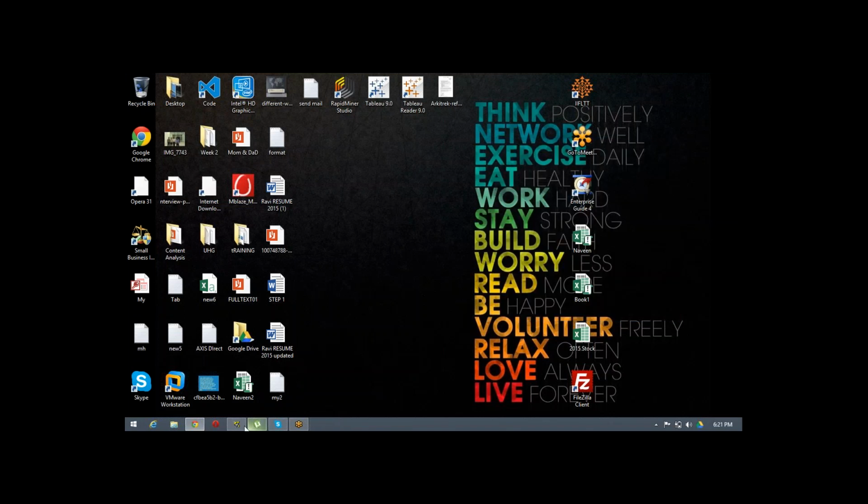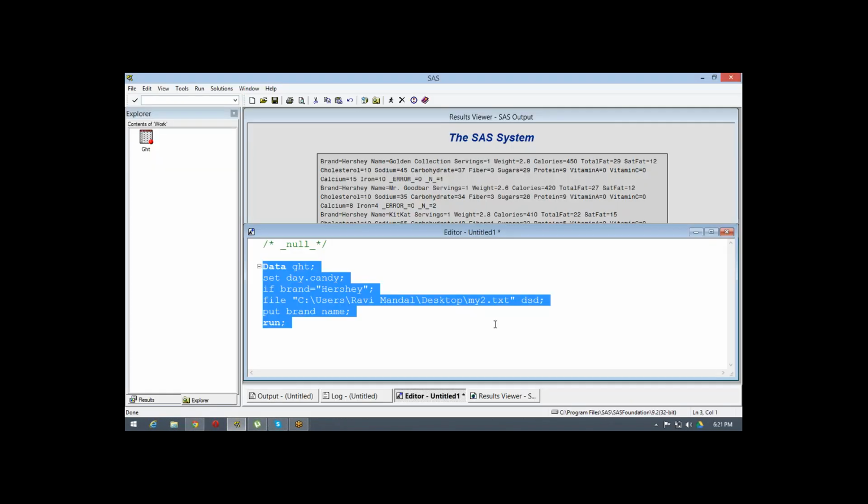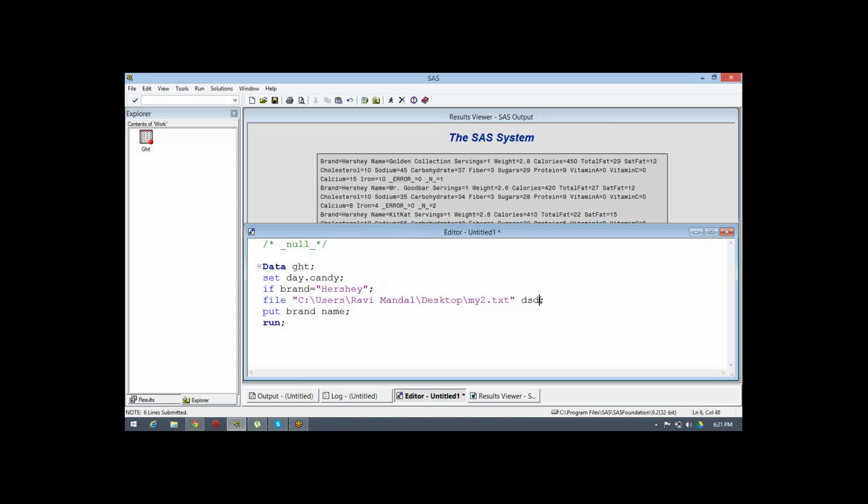It is the same, because DSD always separates with comma. So instead of that, if you want to separate it with something else, you have to use only the DLM option over there. So this type of question will always be there in the exam.